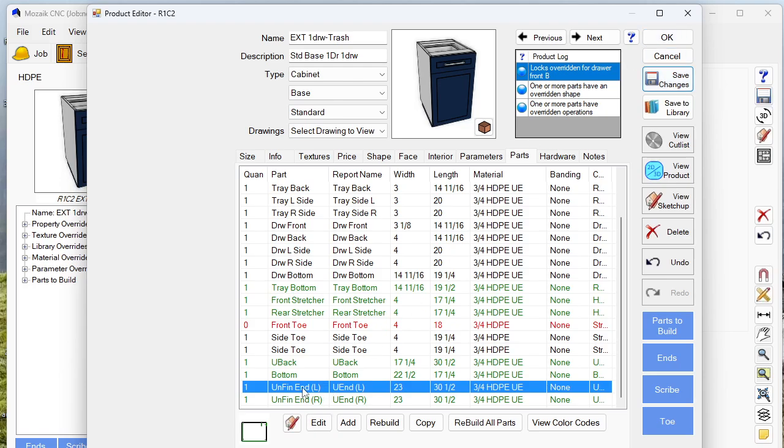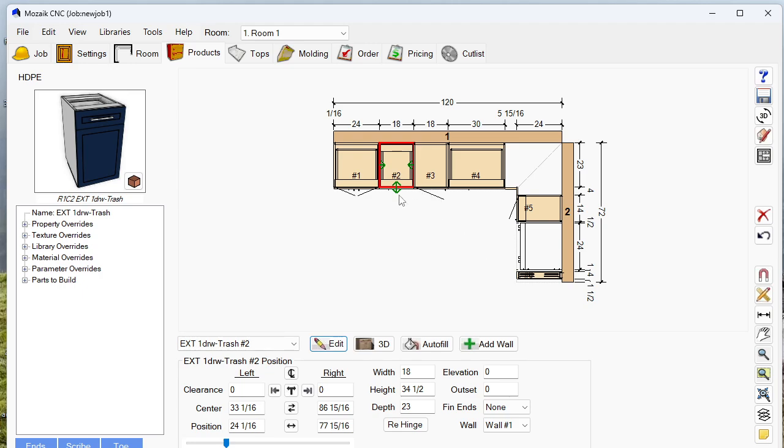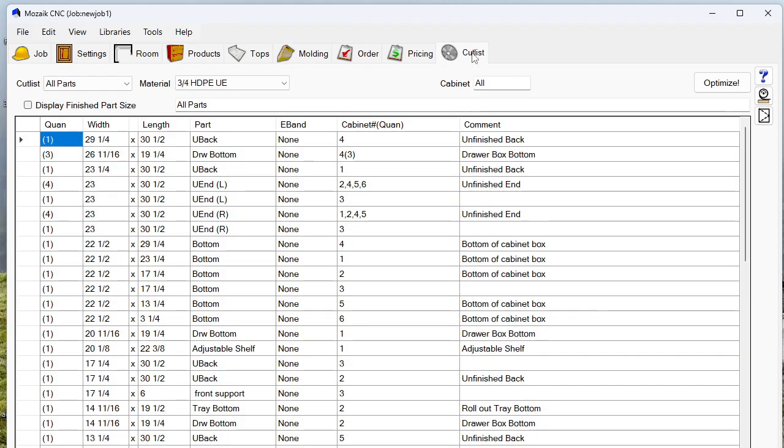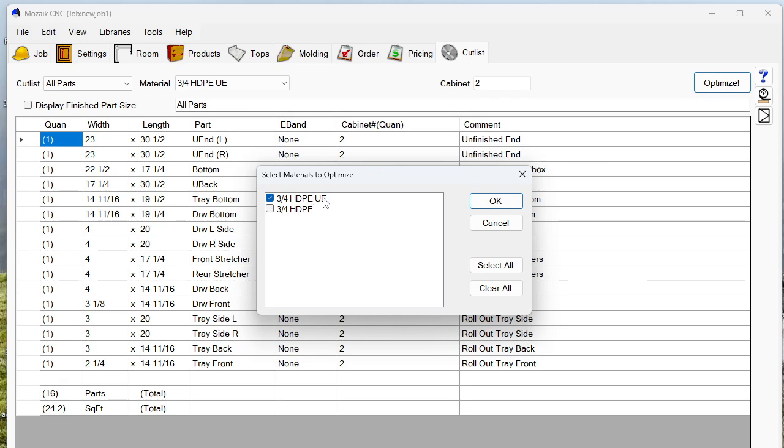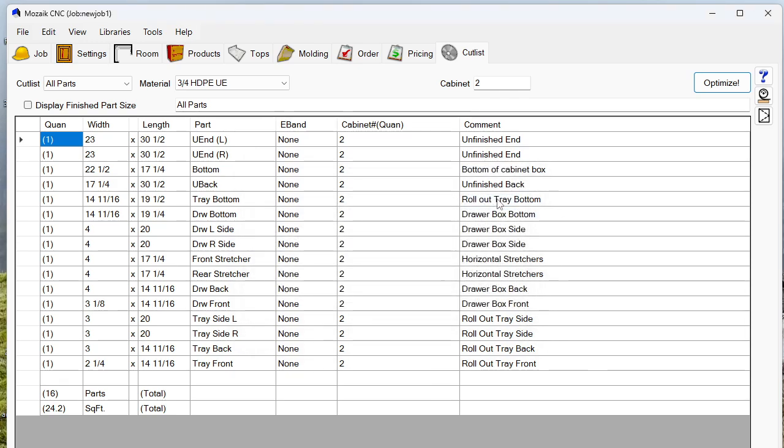Okay, let's say this happened in the left end, so we need to recut this left end. So we just made that fix, so now we're going to go to cabinet number 2 and we're going to cut list, and we are only going to cut cabinet number 2. Now since that end is a left end, it is going to be unfinished material, so we only want to make sure it's showing unfinished material for cabinet number 2. Now we're going to hit optimize. Again, make sure unfinished, because the left side of that cabinet is an unfinished end. So we're going to hit OK,